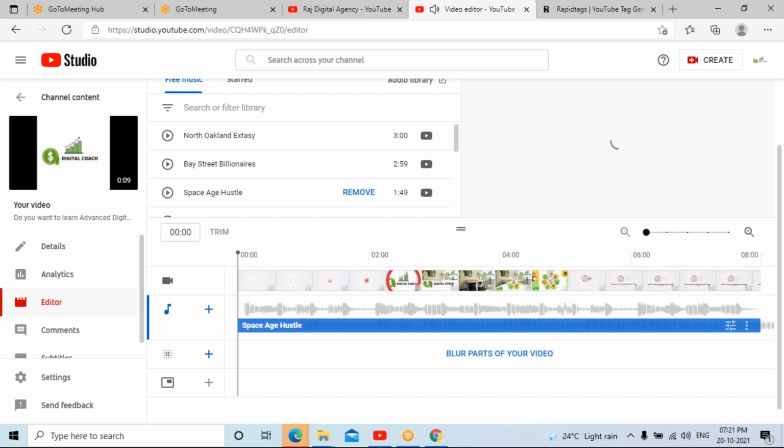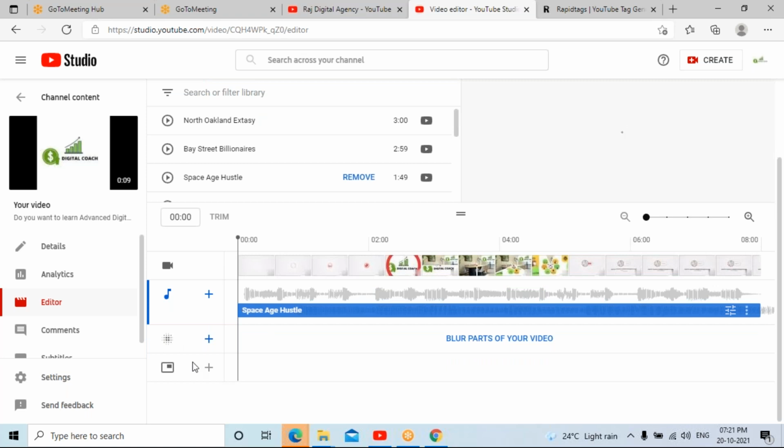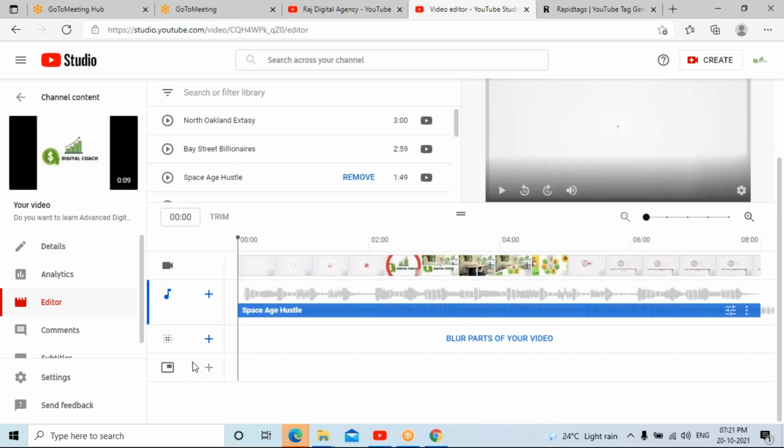The next thing is you can add the blur. If you have multiple characters in your video and you want to highlight only one particular character, you can blur the other characters. That feature is also available here. When you have a lengthier video with multiple characters, you can make use of this feature.